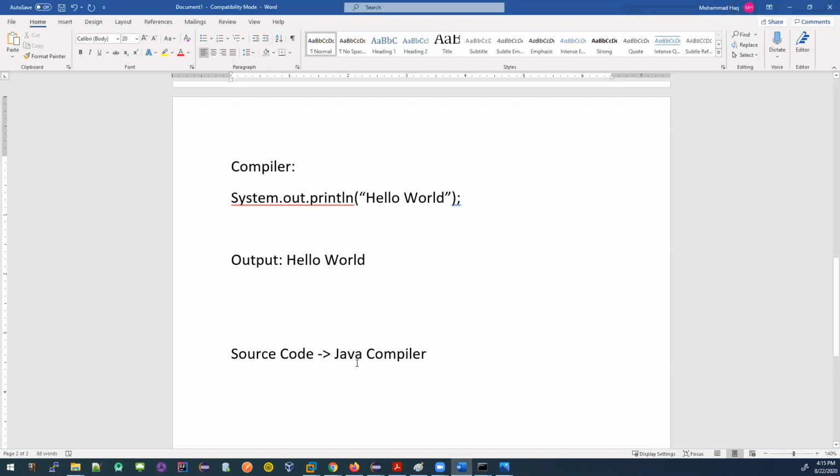And your source code will have the extension .java. Say we are saving this code in a file. Our file name is MyJava, and the extension should be .java.